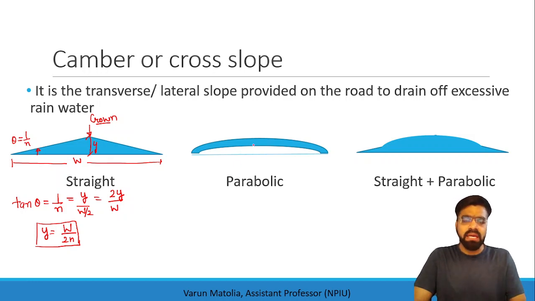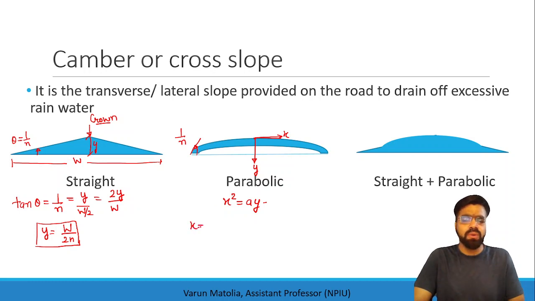If we talk about parabolic camber, we can take this point, the crown, as the origin, and this tangent here is the x-axis and this perpendicular line is the y-axis. A similar type of slope is provided. You can write it as 1 by n or theta. For the kind of curve in which the opening is toward the negative y-axis, the equation can be written as x square equals a y. So using this equation and the boundary conditions, we can calculate the value of a.